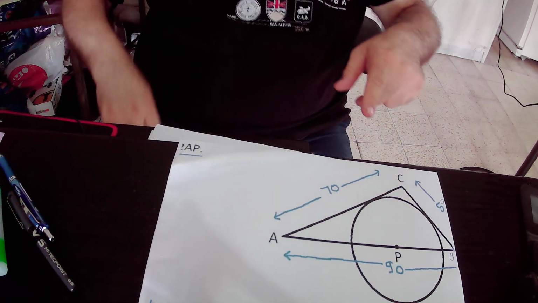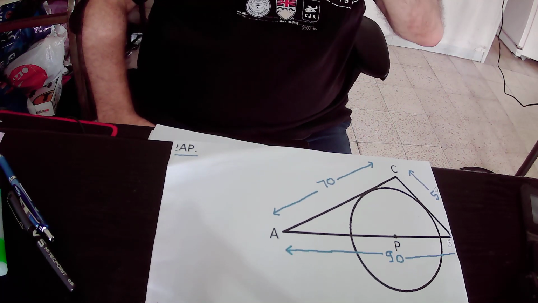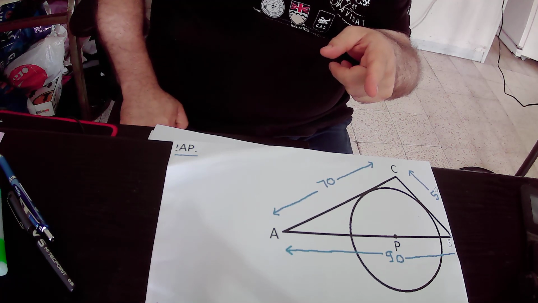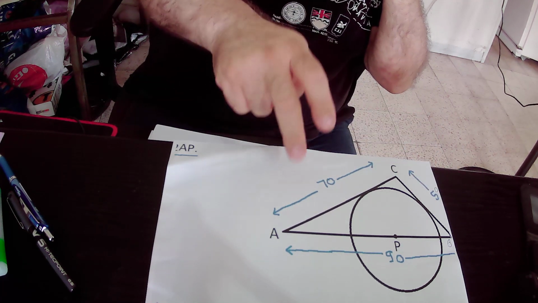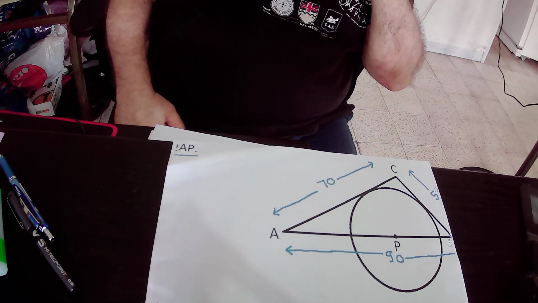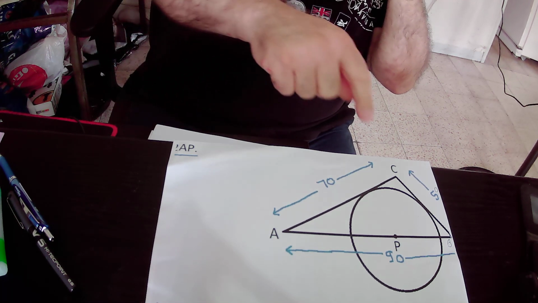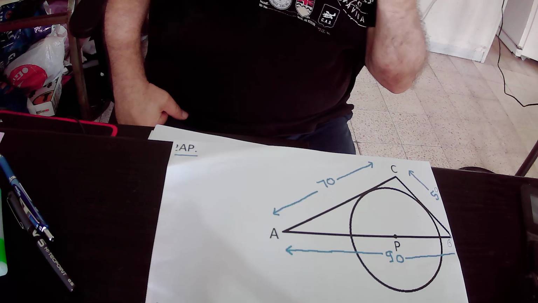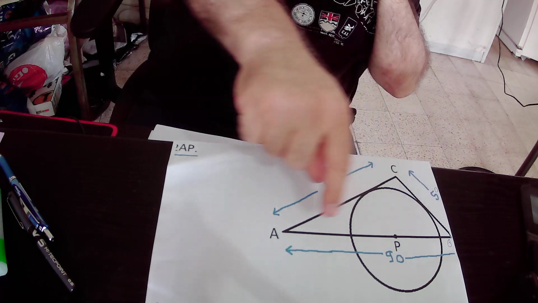we have a triangle ABC in the picture with side AC equals 70 units, side BC equals 50 units, and side AB of the triangle equals 90 units. We also have a circle. The center of the circle is in point P, and point P is actually on side AB of the triangle,